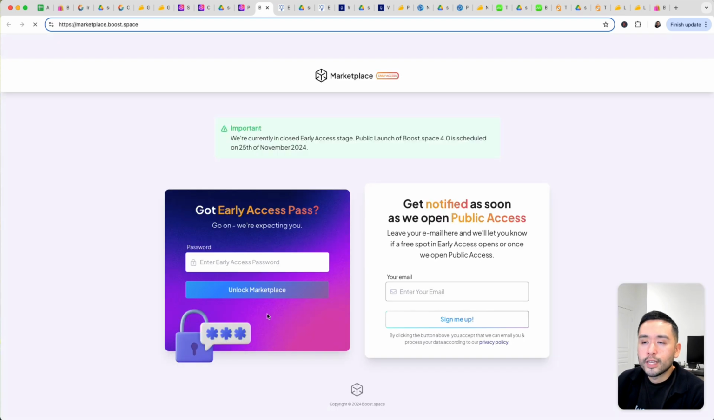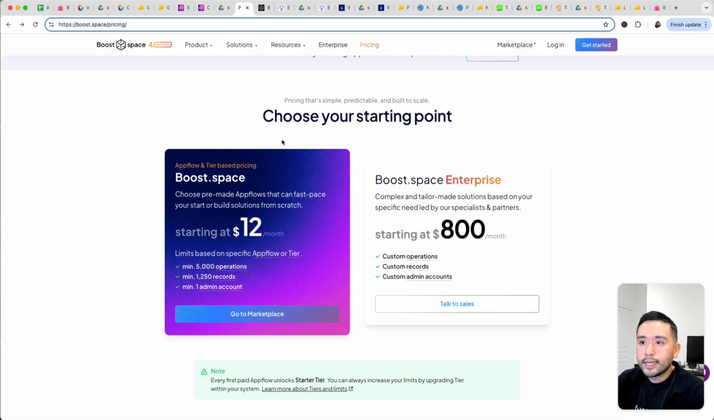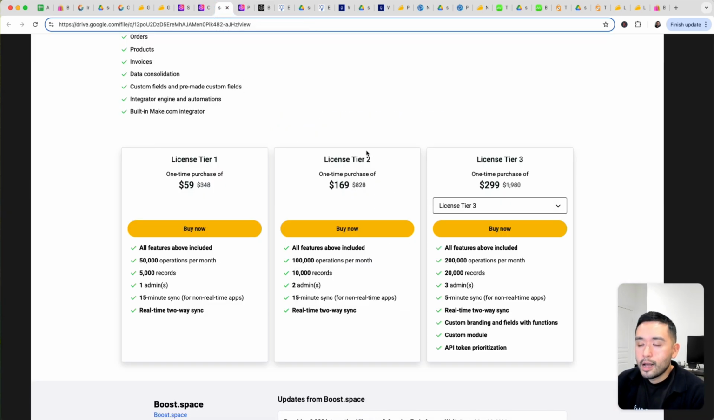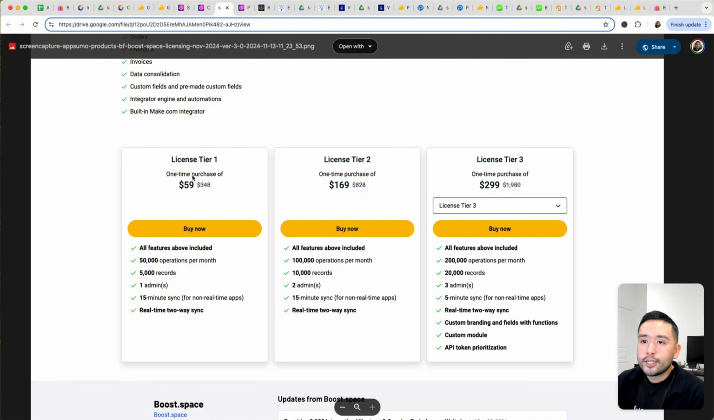And if you go to the marketplace, it says we're currently in closed early access stage. Public launch of Boost.Space 4.0 is scheduled on the 25th of November. So it looks like they are launching a new version of Boost.Space, which might be the reason why we don't see the specific plans that's mentioned on the AppSumo deal. So depending on exactly what type of data you will be processing inside Boost.Space will help you determine what type